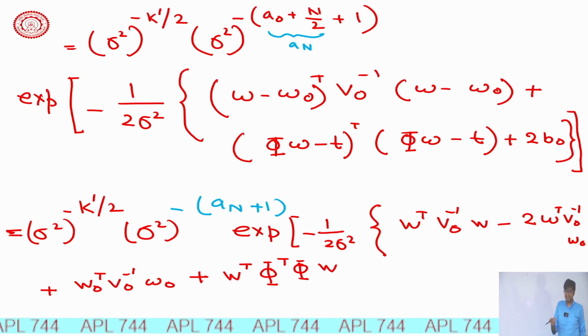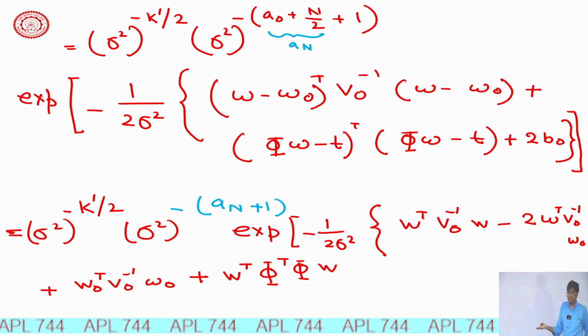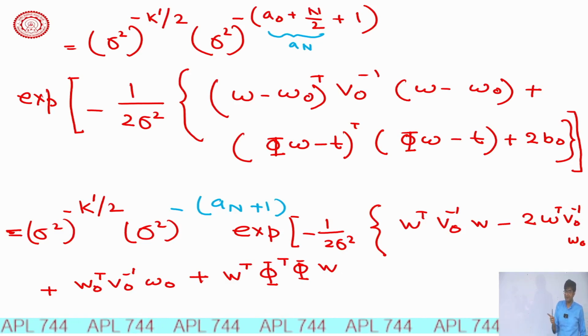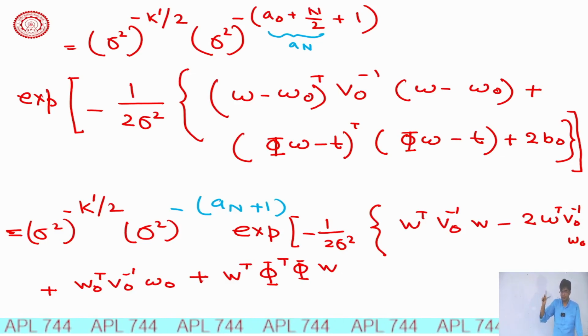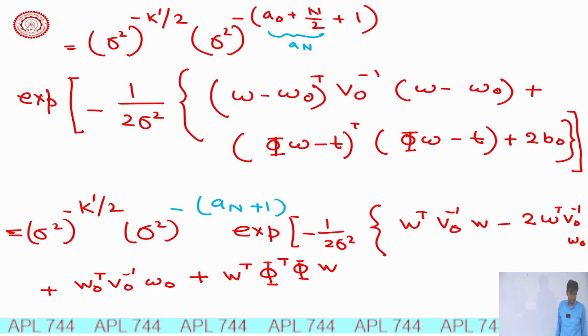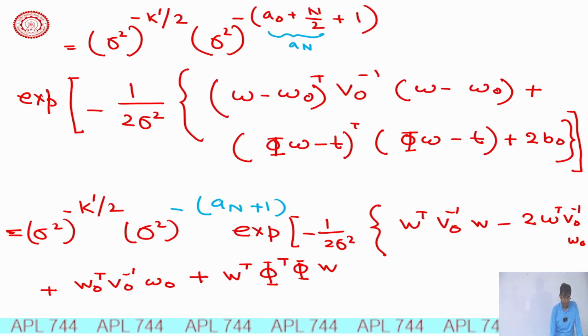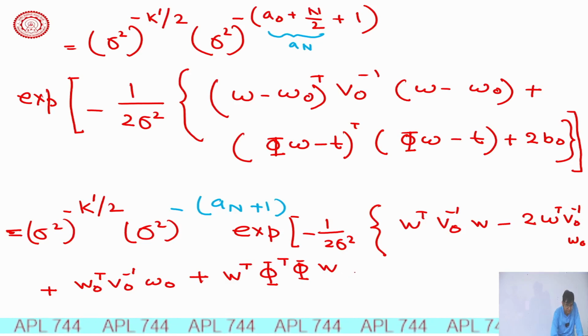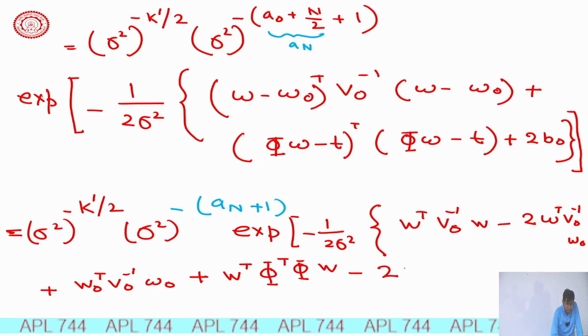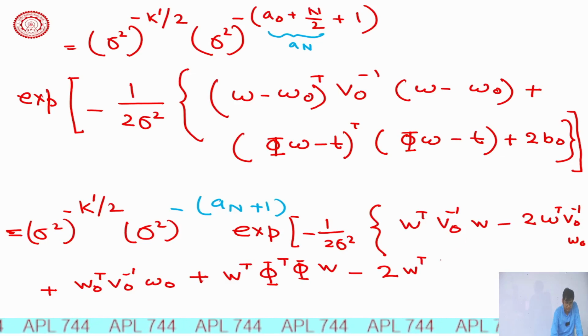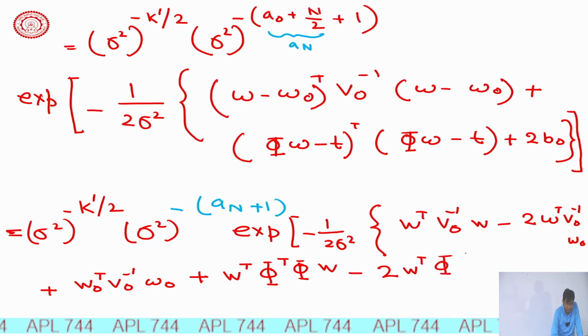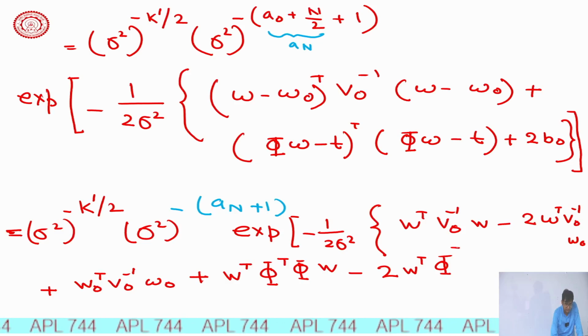So, phi transpose will be k cross n multiplied by n cross k will give k cross k, and then W is k cross 1. So, W transpose is 1 cross k. So, you will get a 1 cross 1. Okay. The second term is minus 2 W transpose phi transpose T,